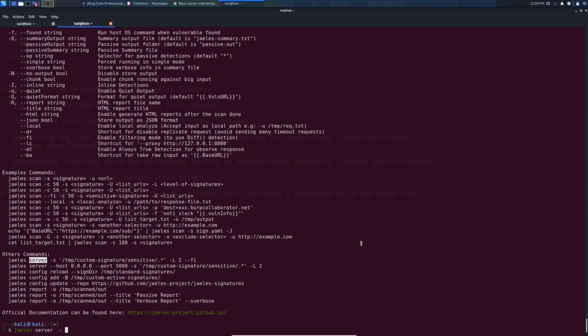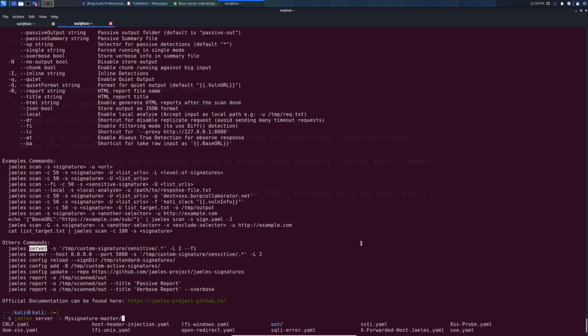So server-side template injection. I'll give the path to the signature; I have my own signatures in this directory, and ssti.yaml is the file name for template injection. Let's suppose you don't want to scan a single file, that is a single vulnerability, and you want to scan all the signatures present in this directory, that is my signature, that has CRLF, DOM accesses, then host header injection, then LFI, open redirect,